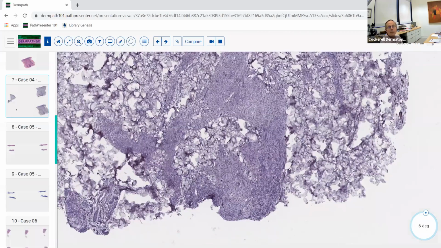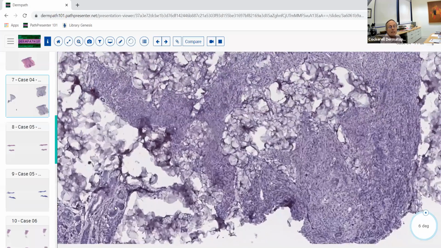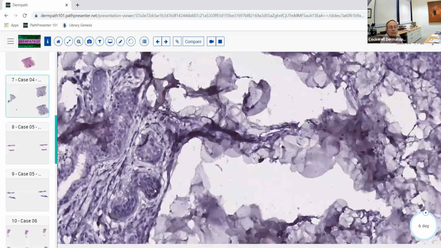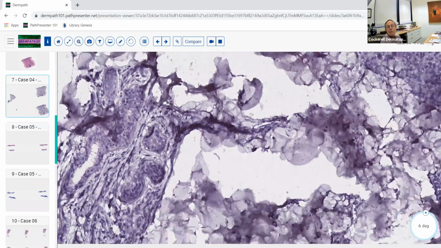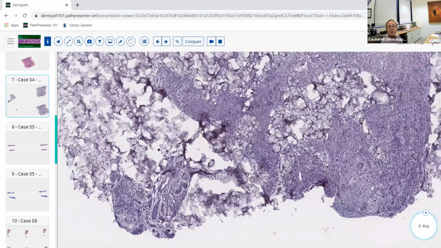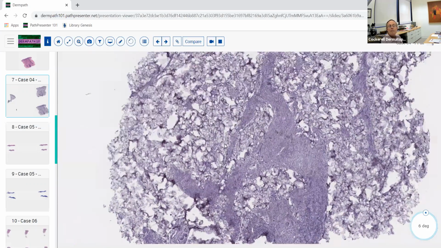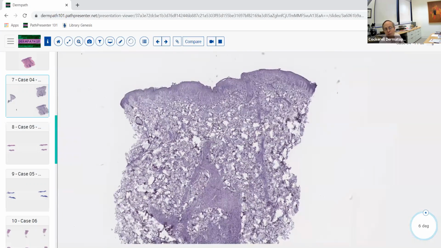The most common location is the epidermis, but they can occur in other locations as well. So I don't see any in the sweat glands here, but sometimes you do. So you have to look around and try to find the spirochetes. Most of the time, if they're positive, they're easy to see and you don't have to really look that hard. Now,